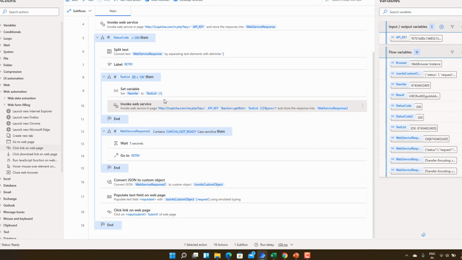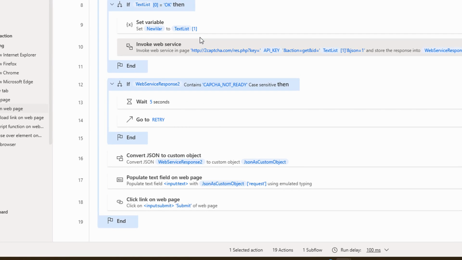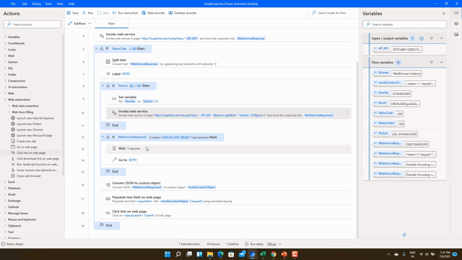So in the next step, we check whether web service response 2 contains the string CAPTCHA not ready. If it does, then we have to retry the steps. That means we have to invoke the web service again, then check whether it is solved or not. We have to repeat that multiple times. For that, we check the string, then put a wait of 5 seconds.